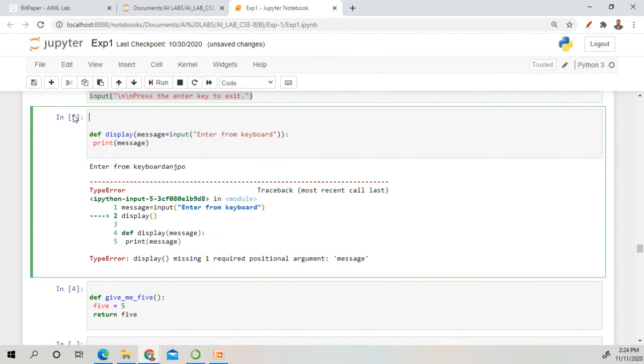Give your response. If you directly pass this variable or this parameter directly into the display function, what will happen?